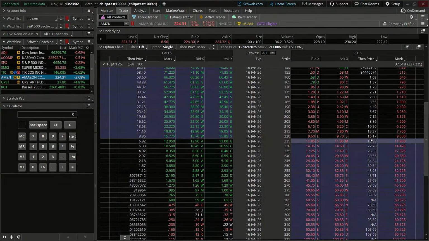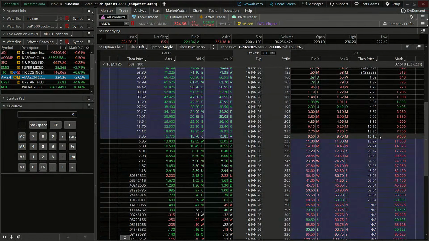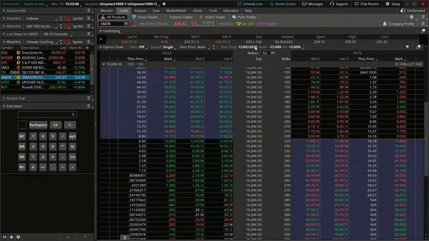So let's just say we're looking at that $13 move all the way down to horizontal support with an additional change in implied volatility. Let's take a look at what that's going to do to the price of these options. We can see obviously a much larger percentage gain on our Theo price compared to what our mark price would be. That would be roughly a 50% gain in this option. So you can use that to simulate where, theoretically, you could place your target prices or your exit orders to cap off your losses to the downside on this option too, because we see that a move within that period of time to our horizontal support is roughly going to give us a 50% gain on that option. So it gives us a little bit of an objective there.